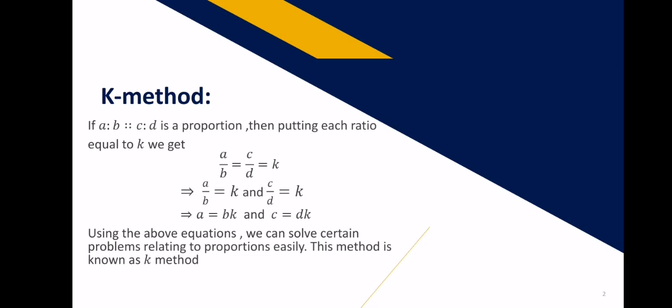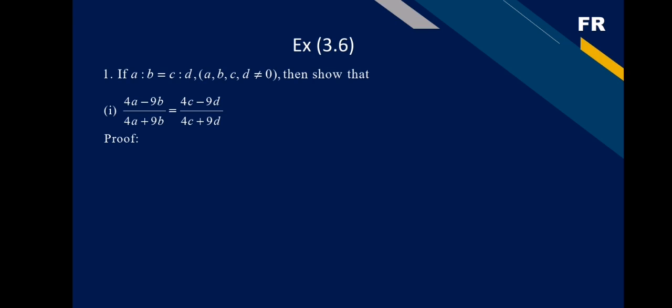Here we are going to use that A by B is equal to C by D. For that particular purpose, what we did first was use the given equalities to prove A ratio B is equal to C ratio D. But now we have been given that A ratio B is equal to C ratio D, and we will have to use it to prove the other equalities. So let's start solving the sums related to it.